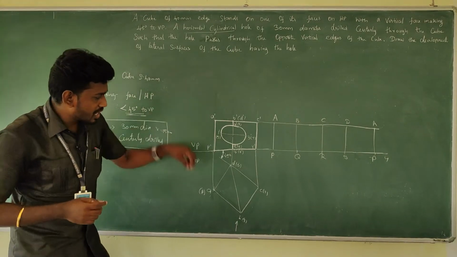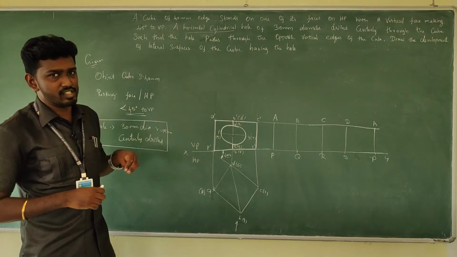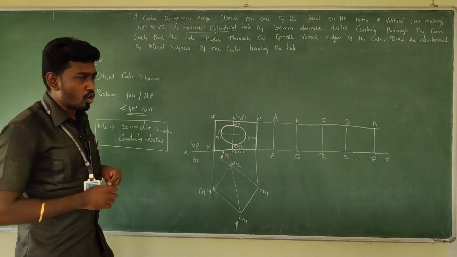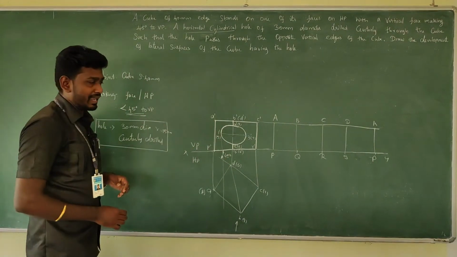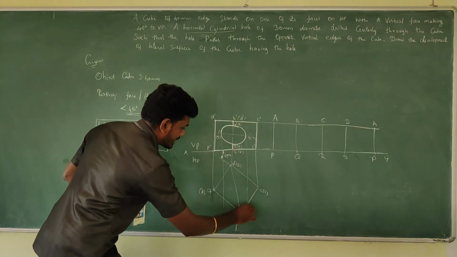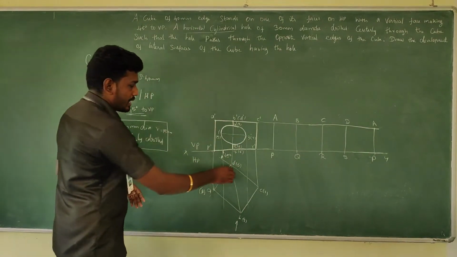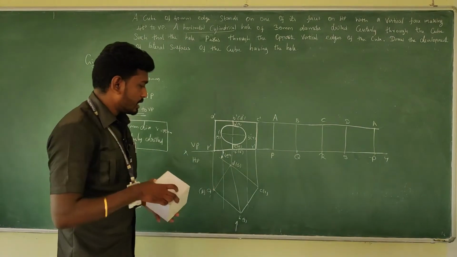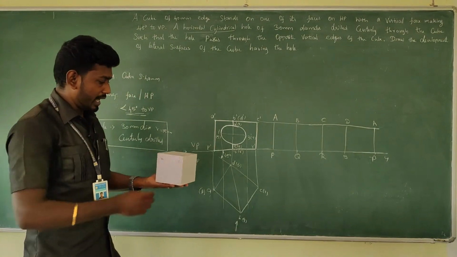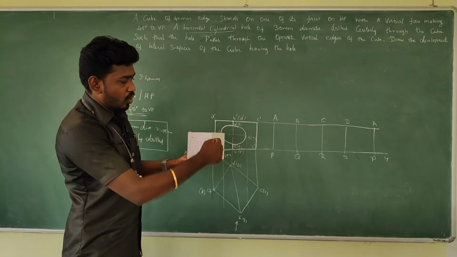After completing it, come to the top view. Not to get the trace of the hole. It's a through hole. Not to mark it, just have a line. Here is the hole, the through hole passes through. So only here the hole is.